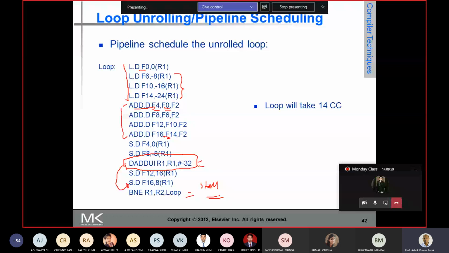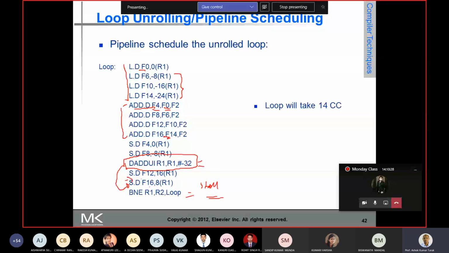To overcome this stall, this instruction can be moved here also, because it needs one clock, so one stall cycle. And if you have one intervening store instruction, that can be overcome. In that case, if you put it here, then this offset has to be changed accordingly. So it is moved here.